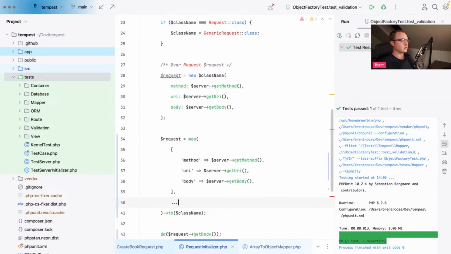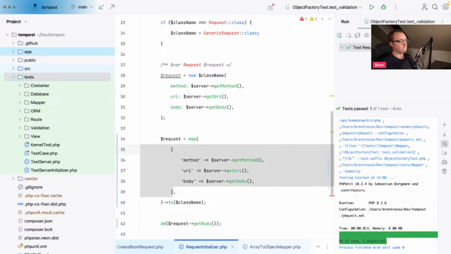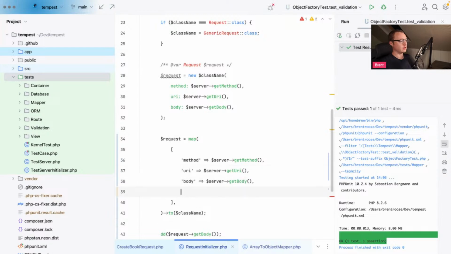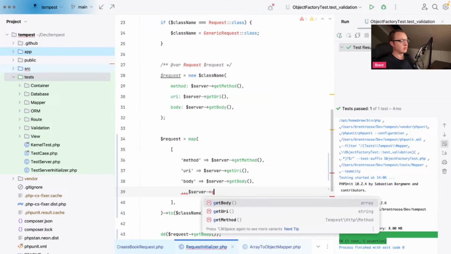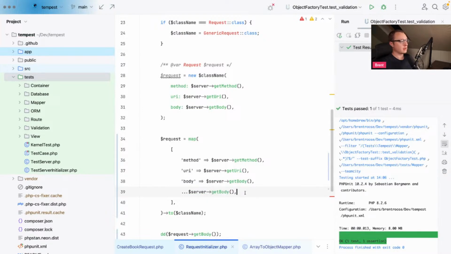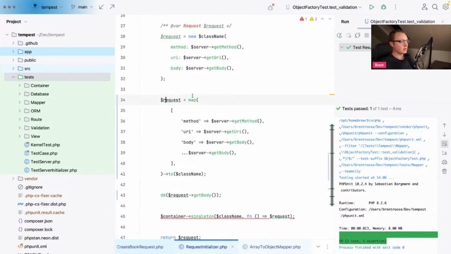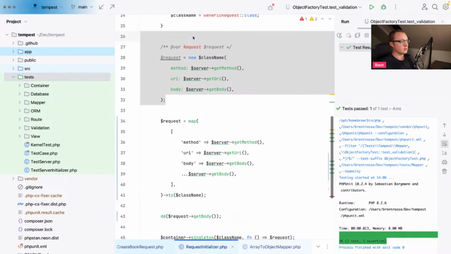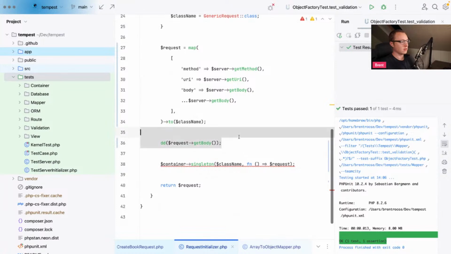Which is basically just, it should be over here, server get body, and it will unpack that into the same array. So we can get rid of this, I think. And